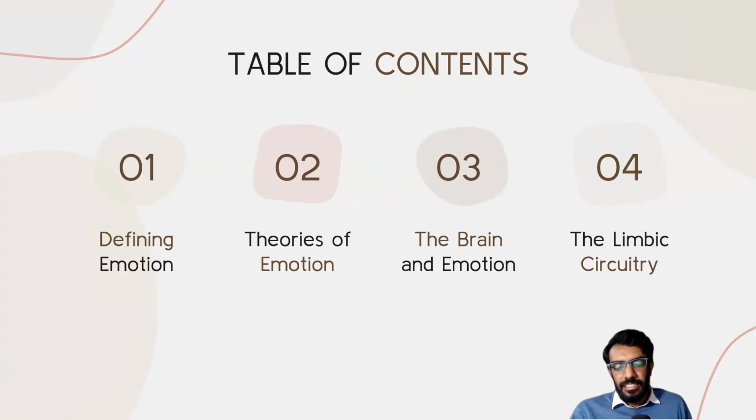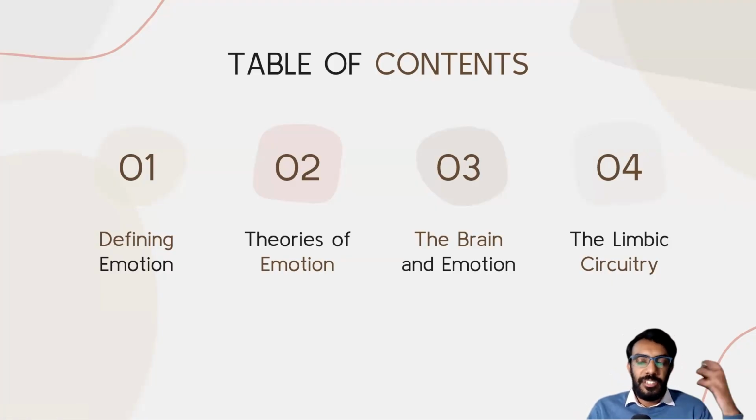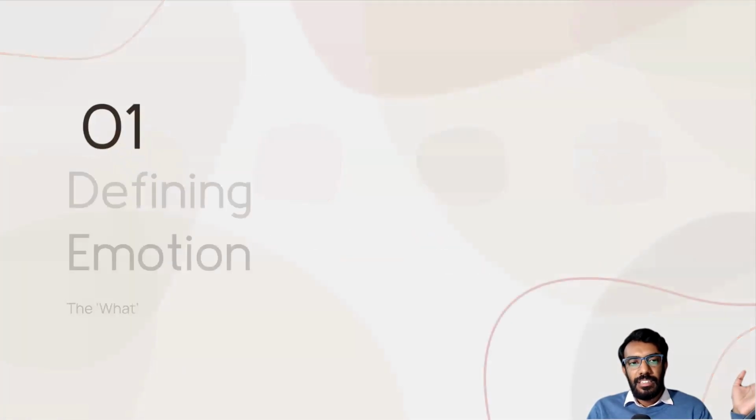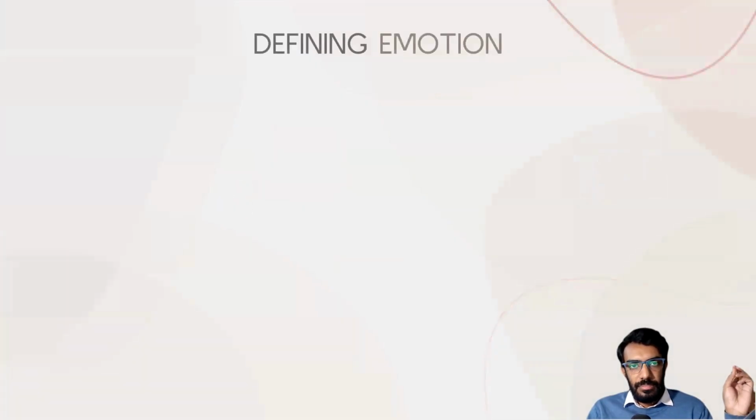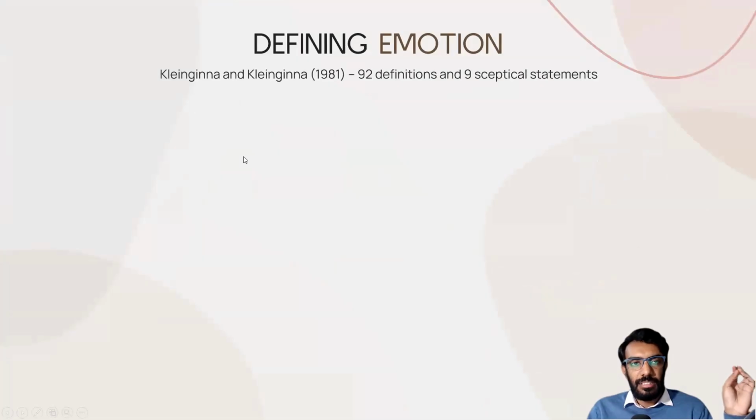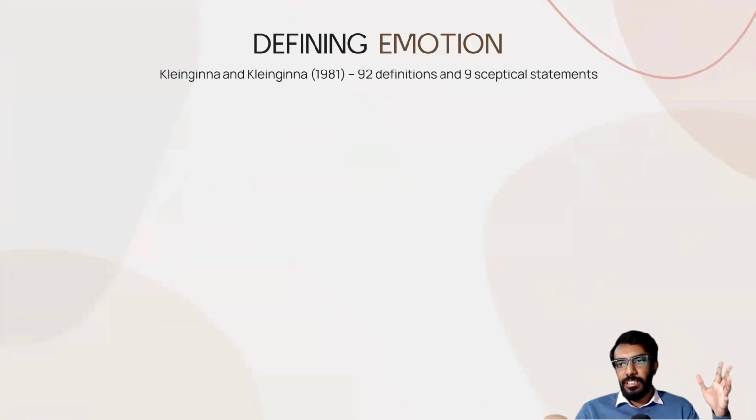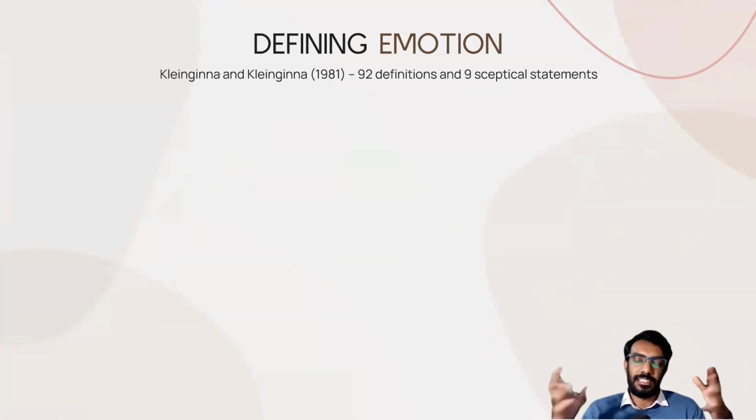The reason I'm asking is that this is a question that has plagued psychology and psychiatry for a very, very long time. Nobody has ever been able to stick to a standard definition of emotion. Different authors have had different opinions about this. A paper by Kleinginna and Kleinginna in 1981 compiled a lot of definitions of emotion, and they found 92 different definitions made by prominent psychologists, psychiatrists, and people working in the field, and interestingly 9 skeptical statements as well, who basically said that there is no point in defining emotion or that it cannot be defined at all.